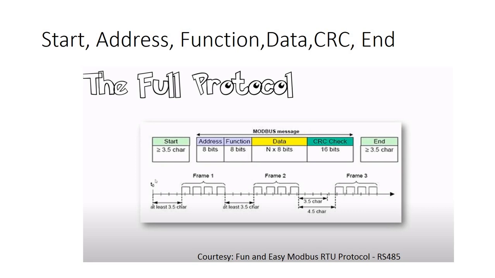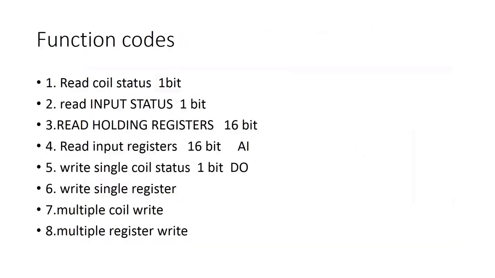And you have an address of the device to select, that is maybe 1 to whatever, 30 or whatever. So that is what the address is. The function is what I will be explaining: what you want to do with this module. Is it a write operation, a read operation, what kind of operation is it? I will explain it later. So what you need to understand is that a frame consists of 28 bits to do a particular action. This is the Modbus protocol.